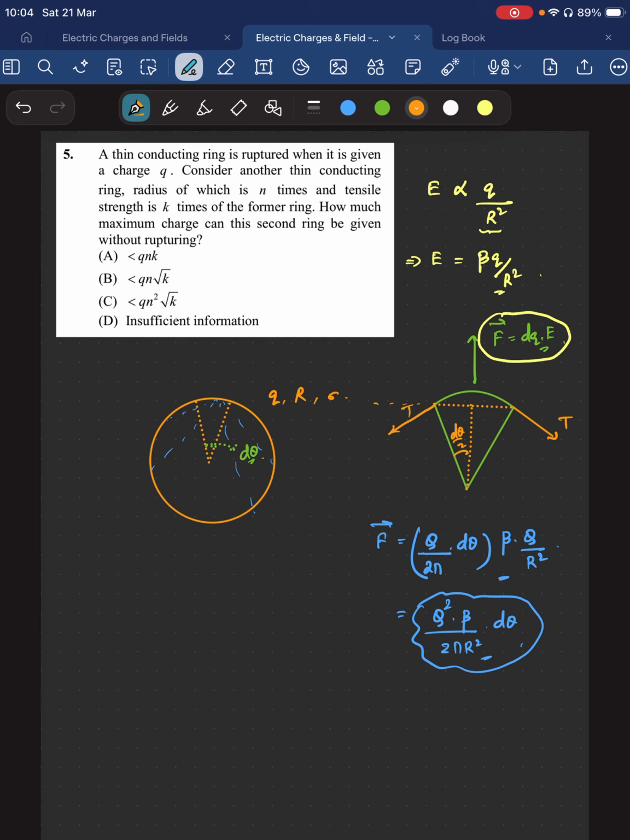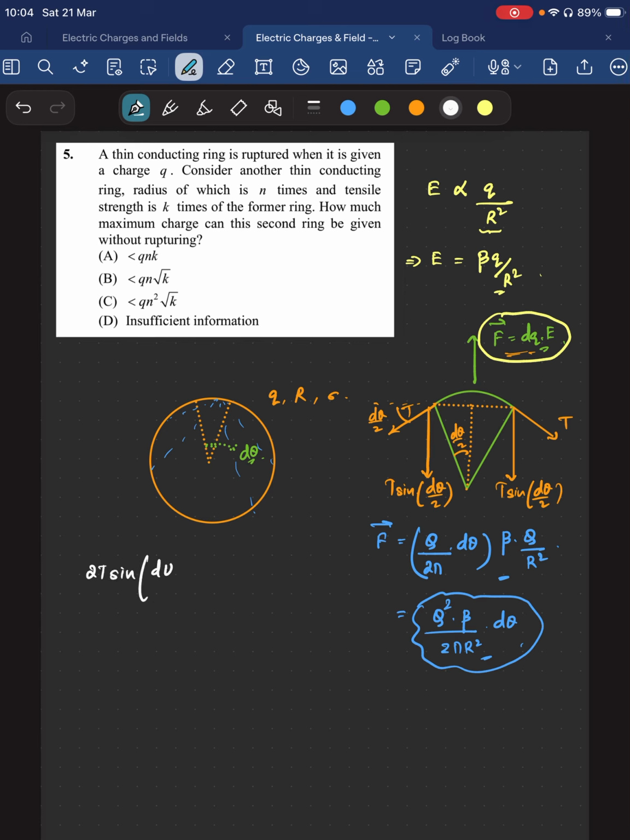So your component of tension acting this way will be equal to T sine of d theta by 2. The other component of tension also acts over here, and that will also be T sine of d theta by 2. Your horizontal components of tension get cancelled out in this case, right? So it's the vertical components of tension which act against this force and prevent this from getting repelled. Writing the equilibrium expression, it becomes 2T sine of d theta by 2